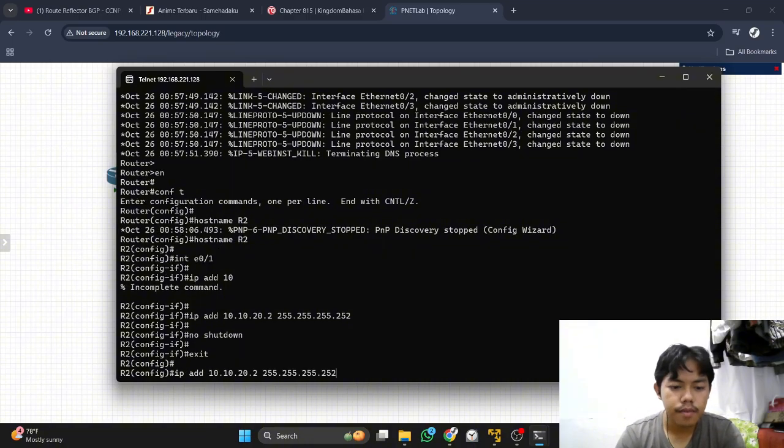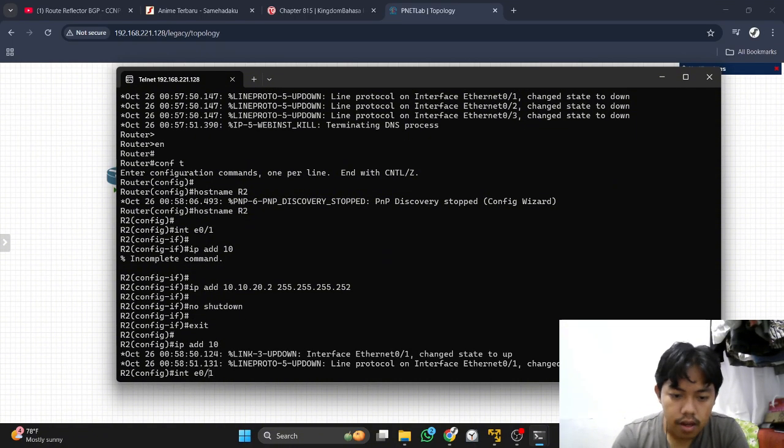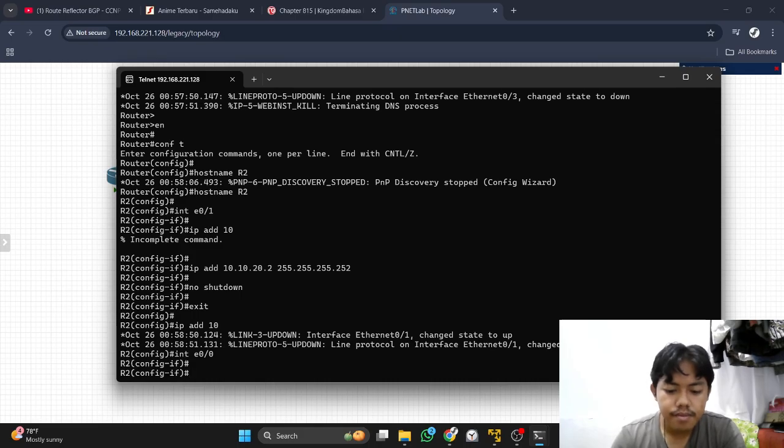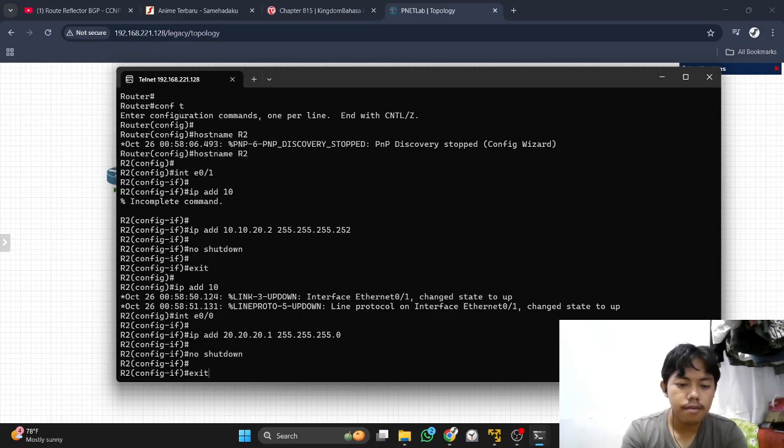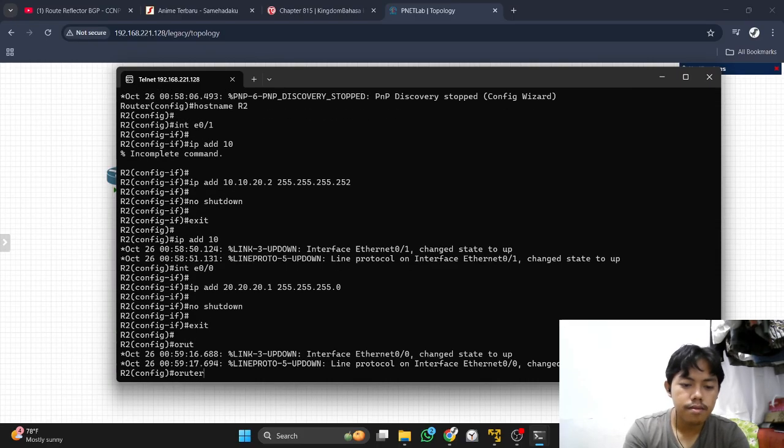We go to the next interface. The IP address is 20.20.21. The subnet is like this because there is a prefix 24. No shutdown and exit. We go to router BGP 12.